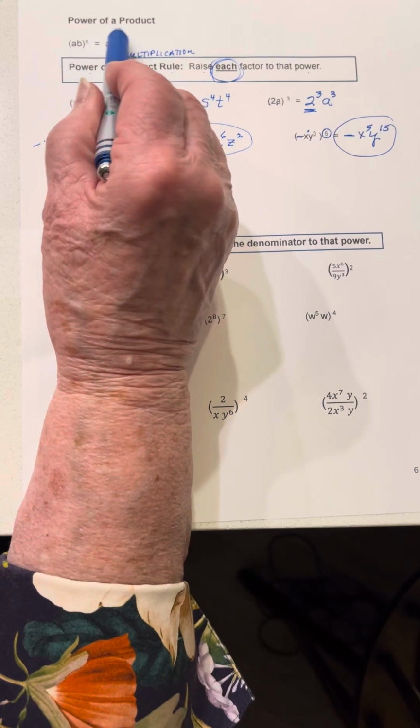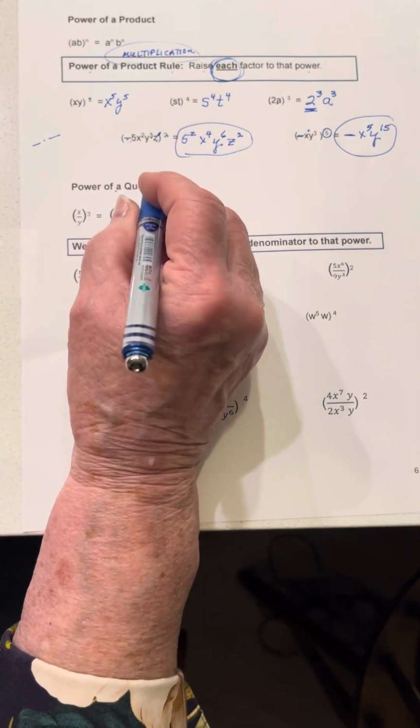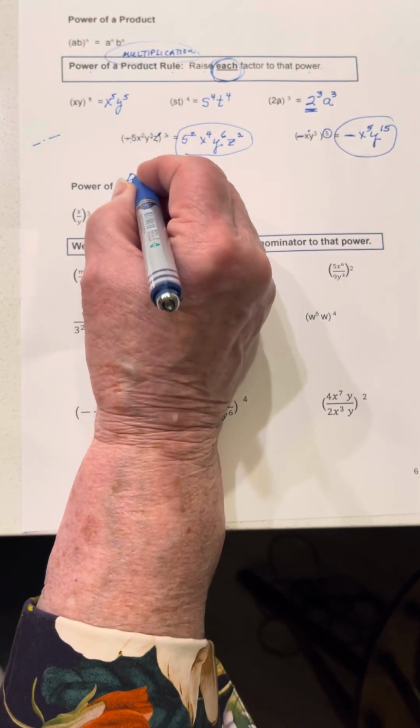So we have the power of a product, and that's when we're in multiplication. And now we're going to take the power of a quotient, which is when we're in